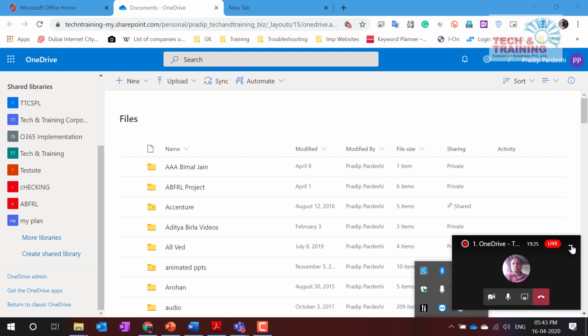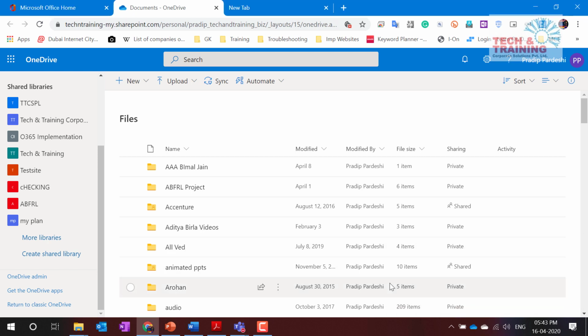Since it is already installed in Windows 10, you don't need to download it. But on other platforms, such as Windows 7, you will have to download this OneDrive app and then sign in using OneDrive.